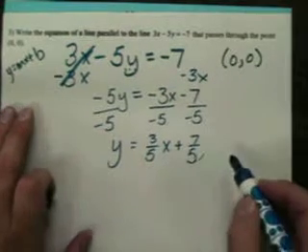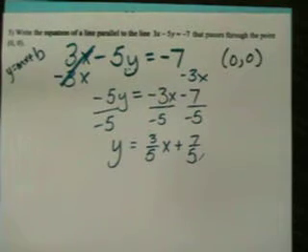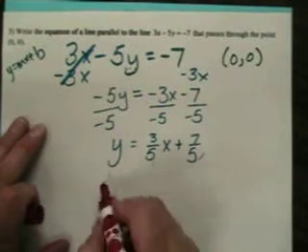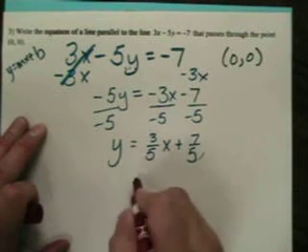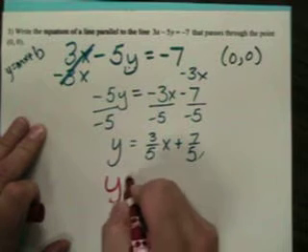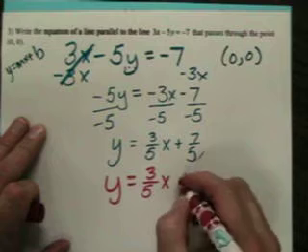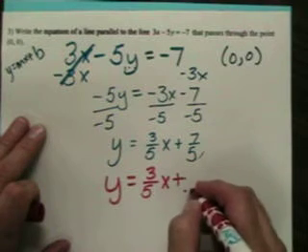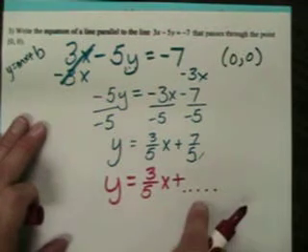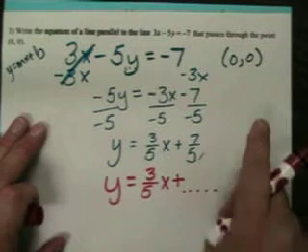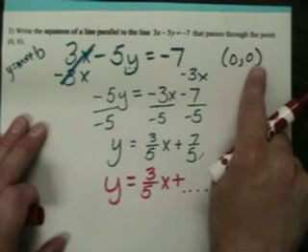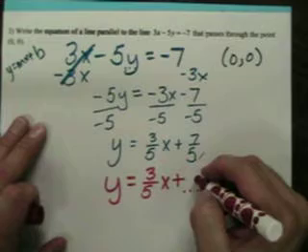And so I'm going to go ahead and change colors, because the first step is to find the slope. And so I'm going to change colors here, and I'm going to write what I know about the new one. The new one's going to be y equals 3/5 x. And for right now, I'll just say plus something. Now, because we know that it goes through the point 0, 0, we have a little kind of a special way